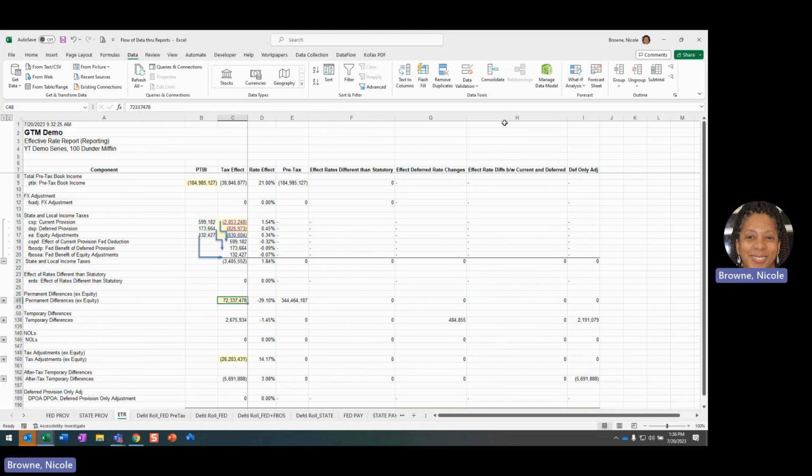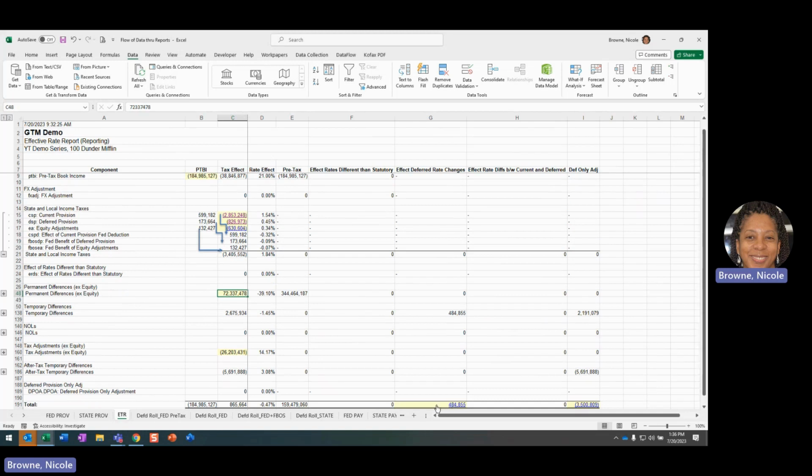This view is also an expanded view. So I mentioned I did not do an expanded view of the state, which would have listed all of the PERMs for the state and the temps as well. But this is an expanded view because it kind of brings in some columns from the income statement view of the deferred report, those pieces that impact the P&L. So if I just scroll down to the bottom, I have 484,000 that's coming from my effect of